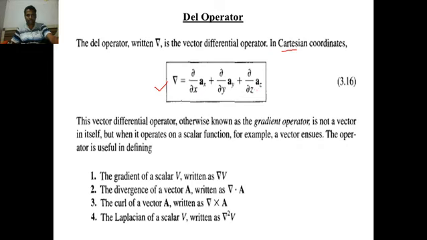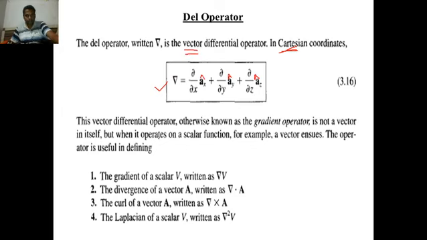It is a vector. You can note down that ax, ay, az are there. What are these? ax, ay and az are the unit vectors of the Cartesian system. These are vectors. Sometimes they are written as x cap, y cap, z cap, or you can write ax, ay, az, no problem. These three unit vectors are for the Cartesian system. As the del formula contains these unit vectors, that means del is a vector.